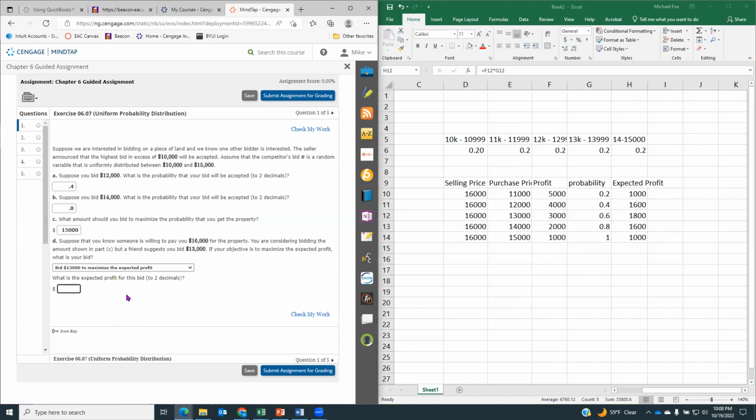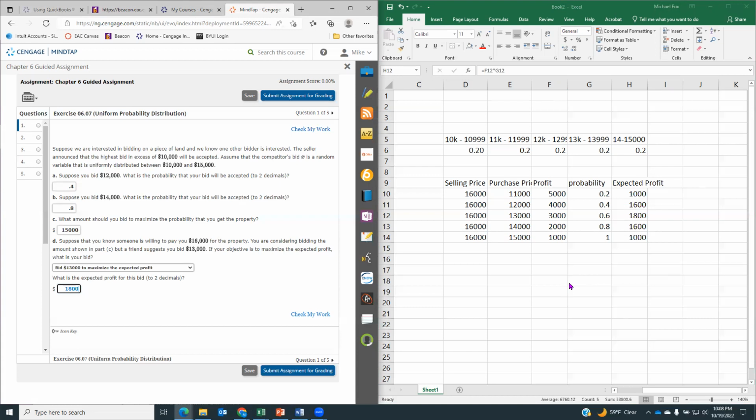What's the expected profit if we bid that? It's 1,800. Remember, don't get confused by this, because if we were to buy it for 13 and sell it for 16, we would make a profit of $3,000. So recognize that expected profit is just a mathematical construct. For any one given thing we might buy and try to sell, of course, we're going to focus on what